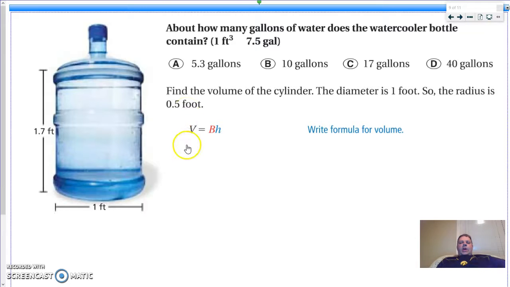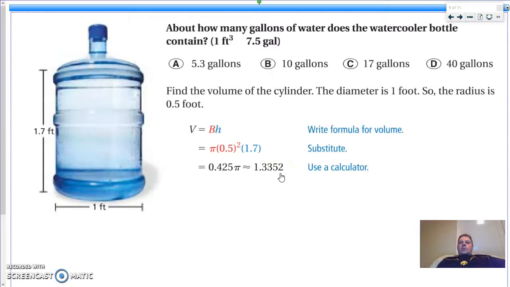We can then write our formula, volume equals the area of the base times the height. We know that the radius is 0.5 squared times the height, which is 1.7. When we multiply that together, we get 0.425 pi, or approximately